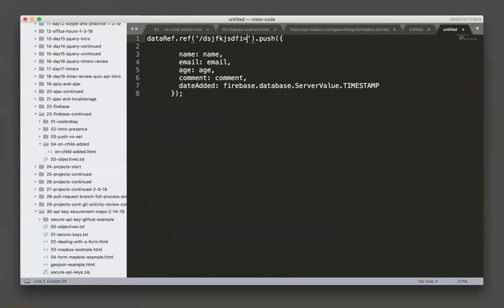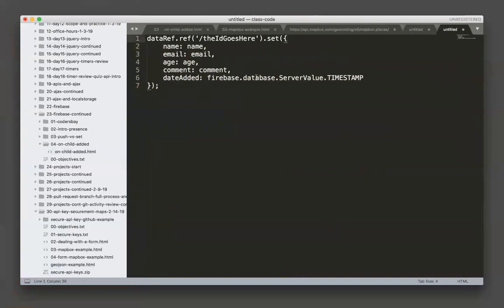You would have to do slash the ID. The ID goes here. Dot set. It's going to be something like this, and this is going to be whatever your object is. You're going to do data ref dot ref, put the ID in here, and do dot set. So the hard part is getting that ID. The way you get that ID is to get the data. Right now we have this variable res equals dot push, and this is our